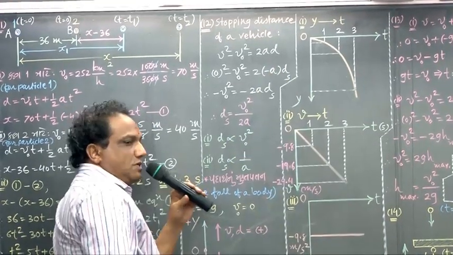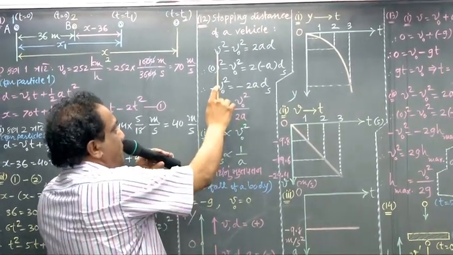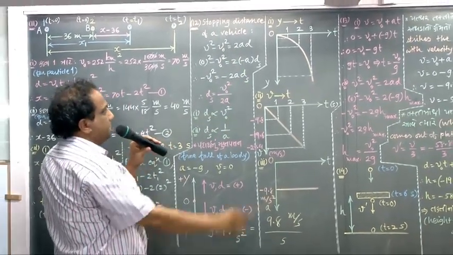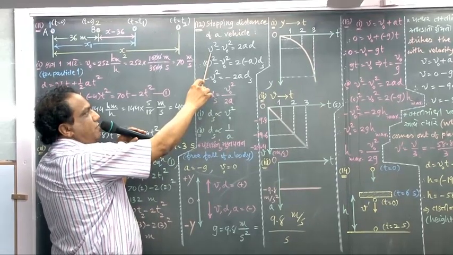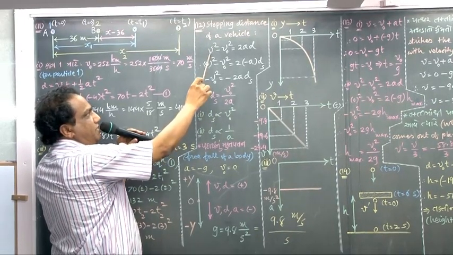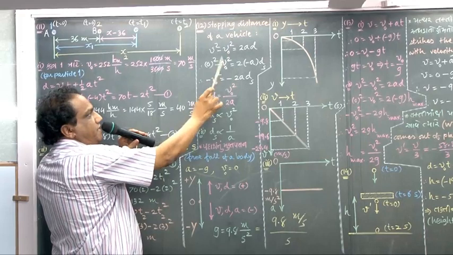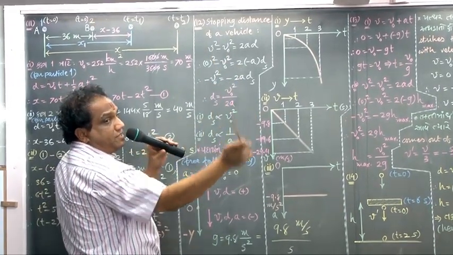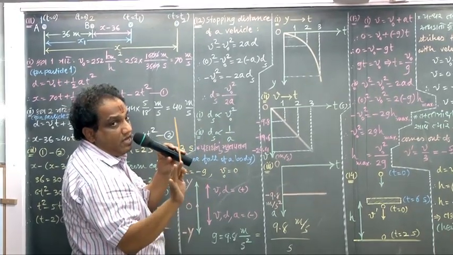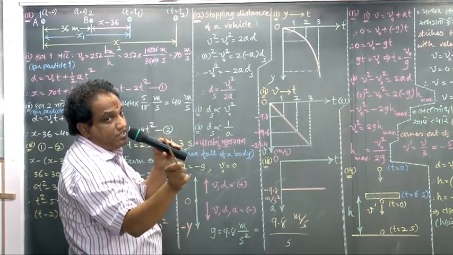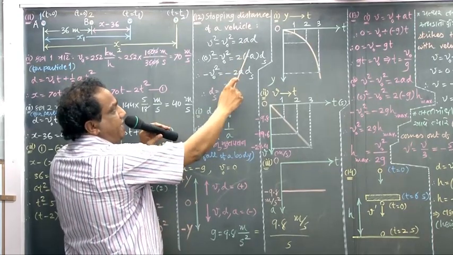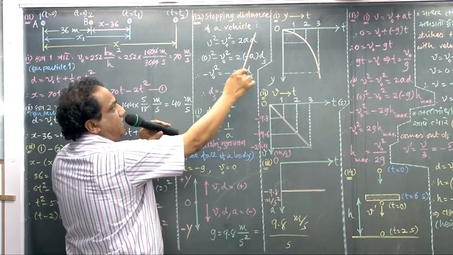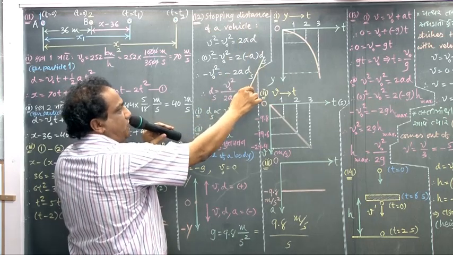Don't you know the third equation? V square minus V0 square equals 2 a d. When the vehicle is getting stopped, final velocity is 0. V0 square as it is, 2 as it is. Because you have applied the brakes, the vehicle will slow down. Whenever velocity decreases with time, the acceleration is negative. So you must write minus a in place of a. Instead of d I am putting DS, stopping distance.